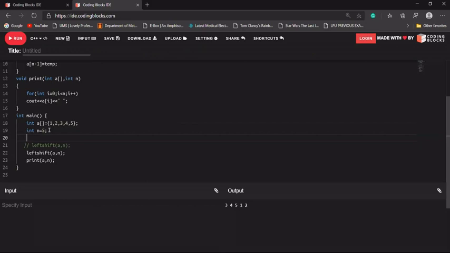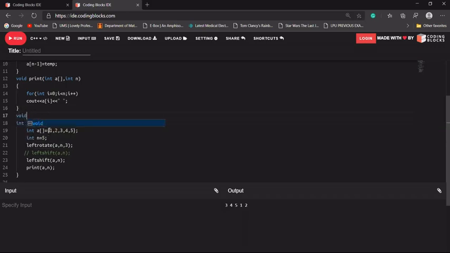What we'll give as arguments is an array, the size of that array, and up to what position we have to perform the left rotate. We'll give 4 here, though we can give 1, 2, 3, 4, 5, anything. So let's try to give it 4.